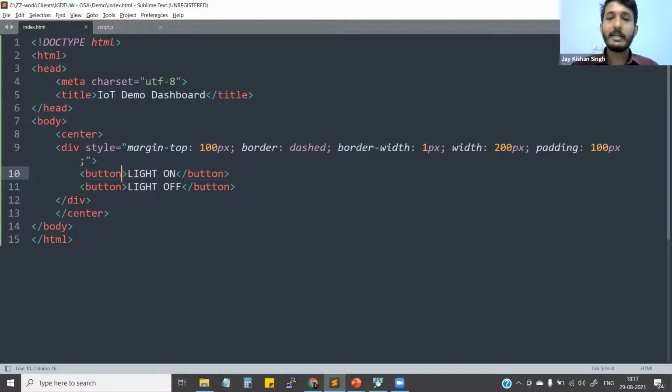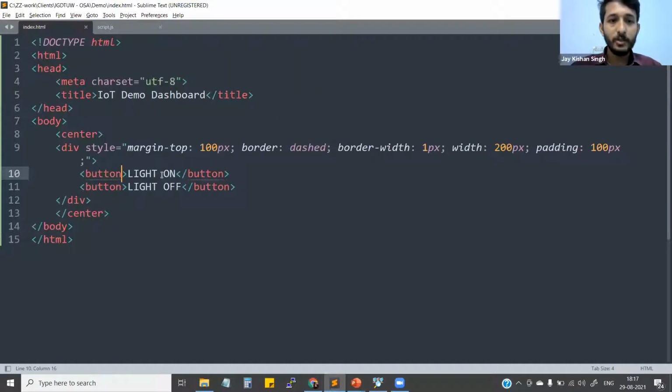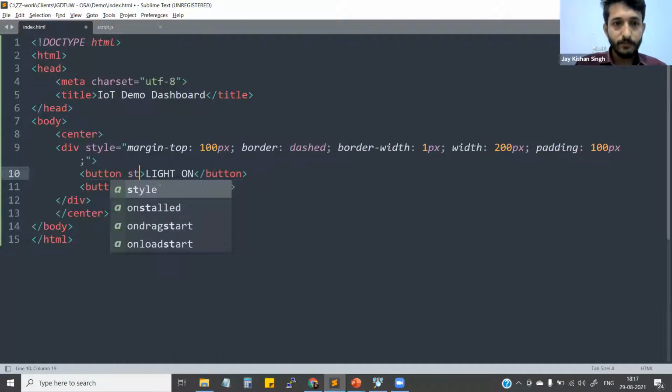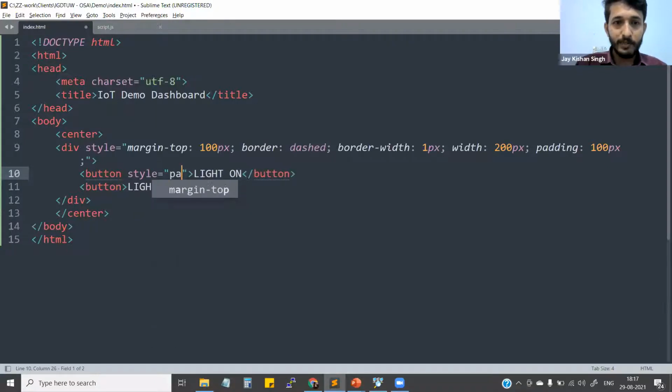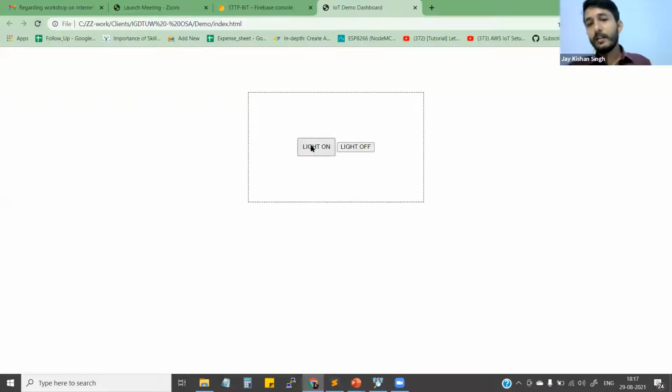Padding simply means, right now we can see these buttons are very small in size, right? So I will be adding some padding. Again, we will have some space and the buttons will look quite bigger. Let me show you how it's gonna work. Using style again and doing a padding, maybe let me keep it as 10 pixels. So this one I did for the first button.